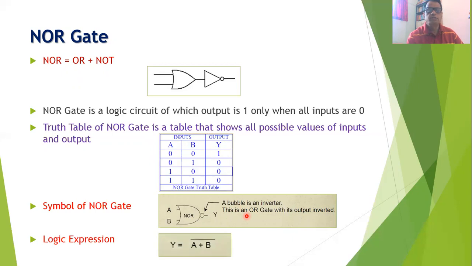We can write the logic expression for the NOR gate, and the expression for the NOR gate can be written as output Y is equal to complement of A plus B. So this is a logical summation, A plus B, and we need to take the complement of this logical summation to get the output of the NOR gate. Just like the NAND gate, you will find that the NOR gate is also very useful in digital electronics, because by using only NOR gates, it is possible to construct any digital circuit. So NOR gate and NAND gate both are called the universal building blocks.